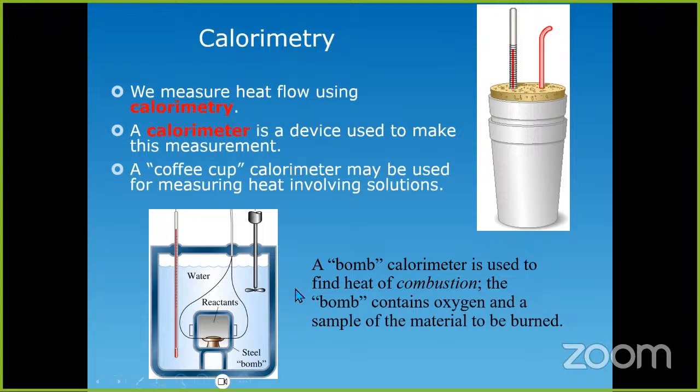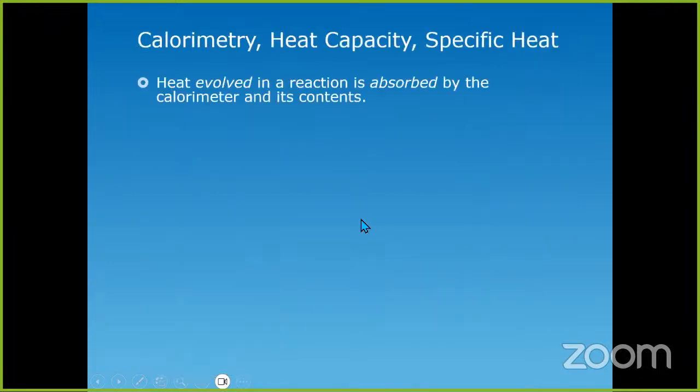So that's just another form of the calorimeter, which is a bit more sophisticated than the simple one that you see here. Okay, so when it comes to calorimetry, basically the heat that is produced in a reaction is absorbed by the calorimeter and is constant. So basically we can write down that Q of the reaction would be equal to minus Q of